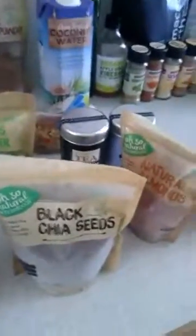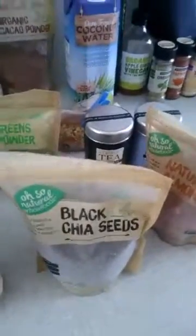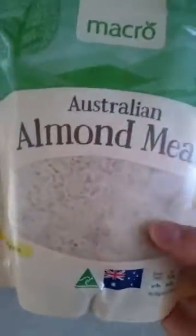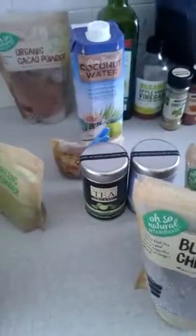So they put a little bit of chia seeds into a liquid and let it sit, and it gets that sort of pudding texture. I also use almond meal. You can also just buy almonds and break it up into a meal if you prefer. So I use this in some of my loaves and my baking, which is just a nice substitute for your